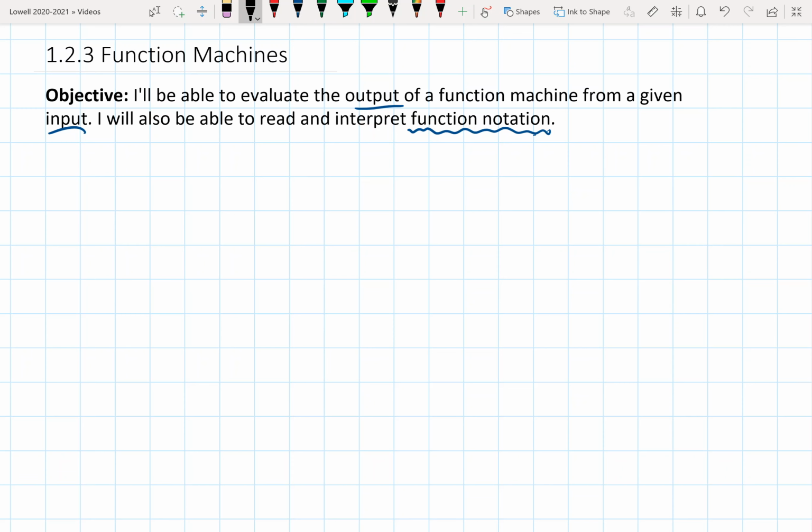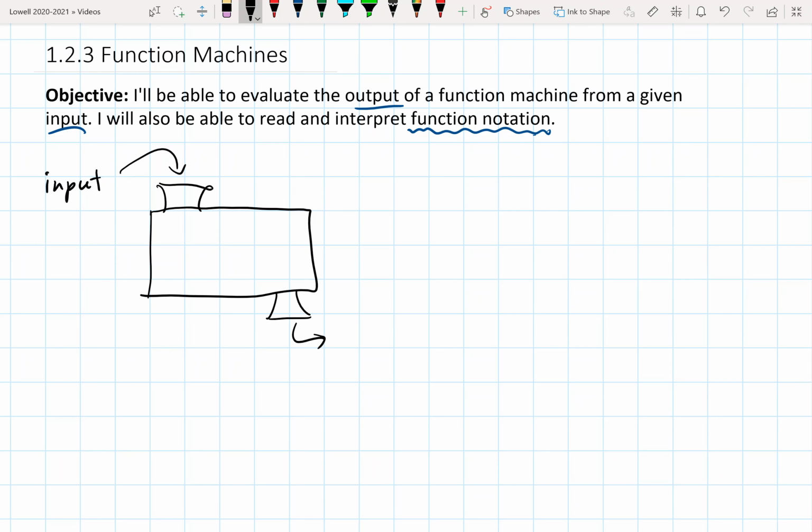So when I say function machine, this is just a tool that I like to use to kind of visualize what something is doing. So I'm going to draw a little function machine. This is how I draw it. It's just a rectangle. You throw stuff in the top, and then it spits stuff out the bottom. Okay, so the stuff that goes in, we call that the input. Just like how the input on your phone, say, is you push the buttons. And when you dial someone's phone number, then the output, the thing that it produces, is the call that goes